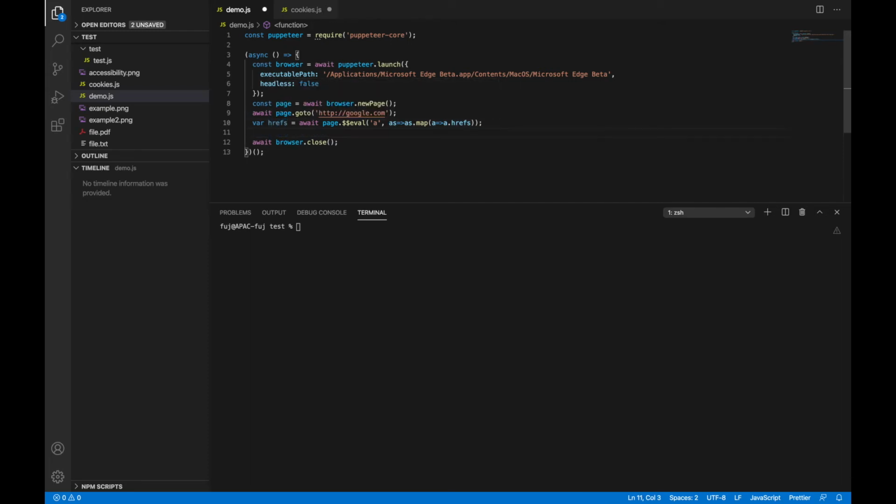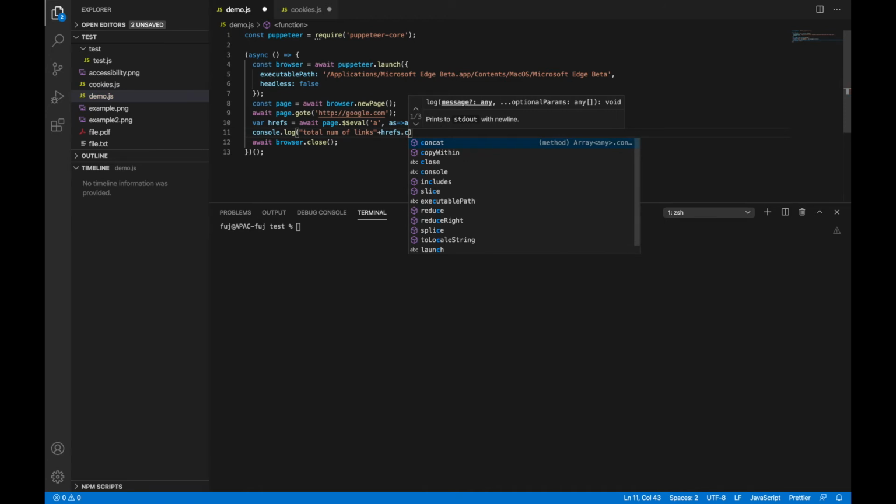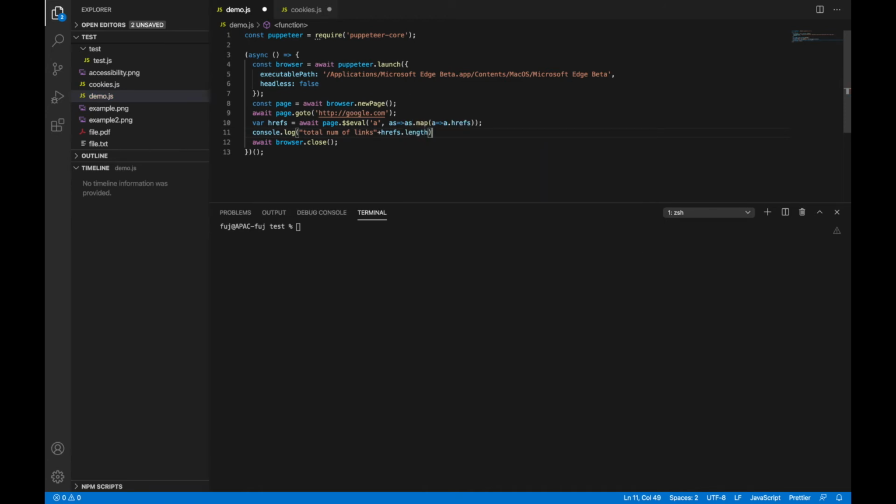Now let's simply print the count, so we can know if it is working or not. Console.log will print in the logs the total number of links, href dot length, sorry.